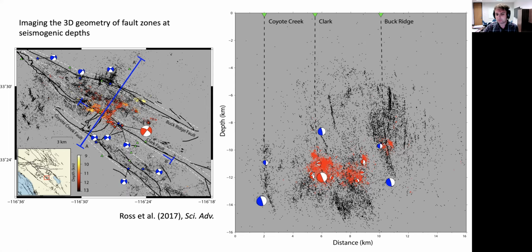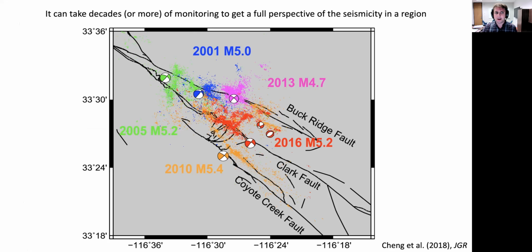Why can't we just put out 1,000 seismometers here over a few months time period and collect all this information and then just do the same exact thing? But it turns out it's not that simple. It really does take decades or more of monitoring in order to get a proper perspective of the seismicity in a region. And I think this figure here is an exemplary case of that, where we have something like